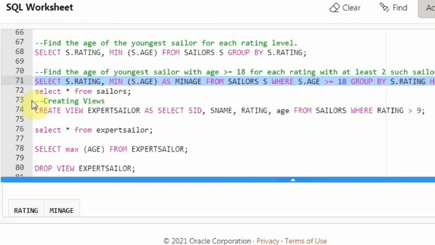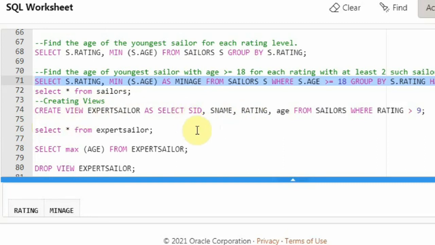The next very important topic is creating views. Okay, what are views? Views you can create based on your requirement. You can project certain attributes from the tables. Here I am trying to project the attributes SID, SNAME. You can have the combination whatever you want. You can ignore also. I can simply have SID, age, I can have SNAME and SID and all that, and I need to use this syntax to create the view.